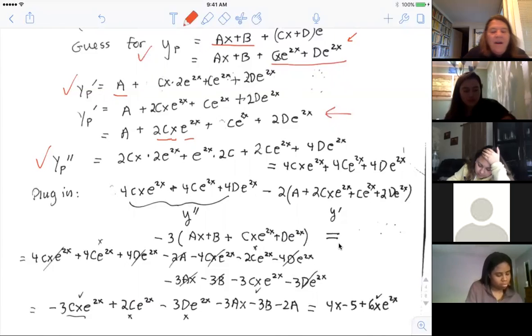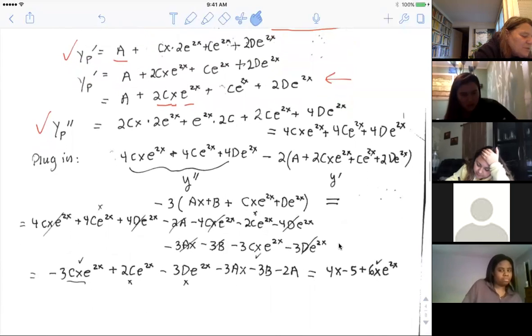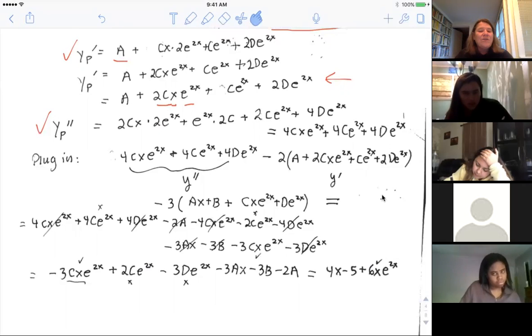Okay. Now, here's where the mess starts. It's not hard. You just have to be extremely careful with this. Again, I'll leave it up here, guys, if you want to write it down. But you can sort of see what I'm doing. I go ahead and start to multiply all this stuff out. I make sure my signs are good. I check it a couple of times before I start striking things, guys, because that's where you're going to make the errors.